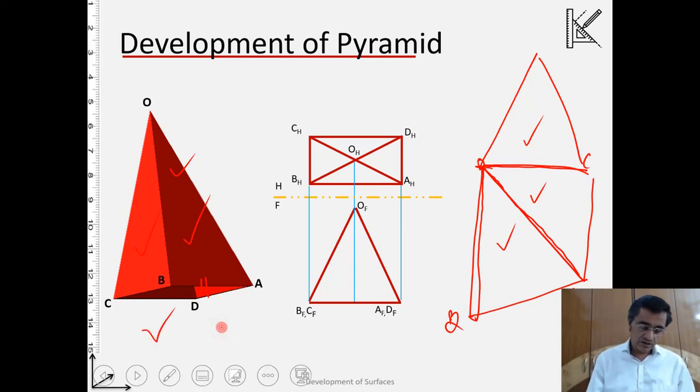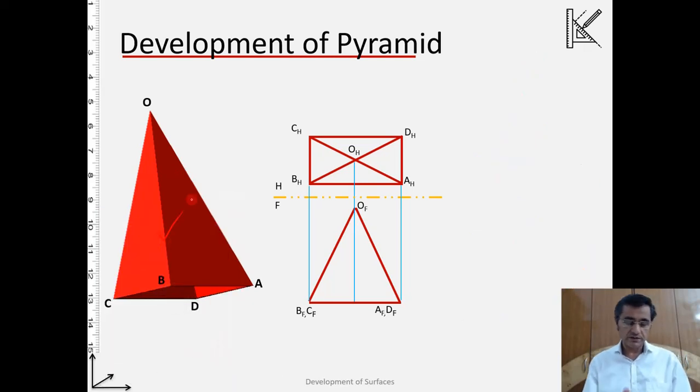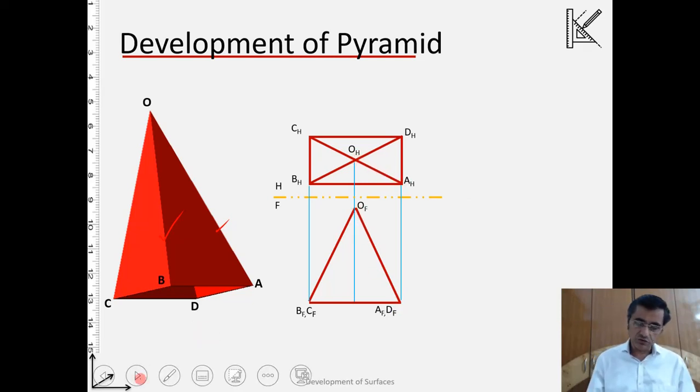But in the given example right now, we do not know the true length. What is the true length? We will try to determine the true length of, say, OD or OA. Similarly here OA, and we know the method now to determine the true length. Again by the method of revolution, onto the horizontal projection OA, we try to make it parallel to the frontal plane.